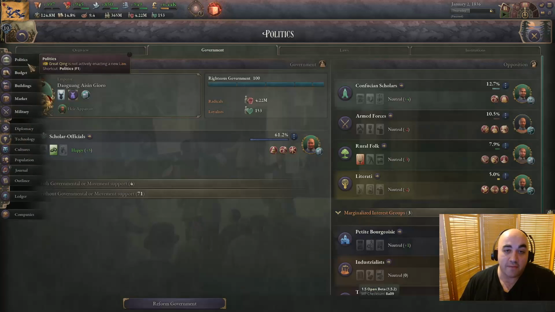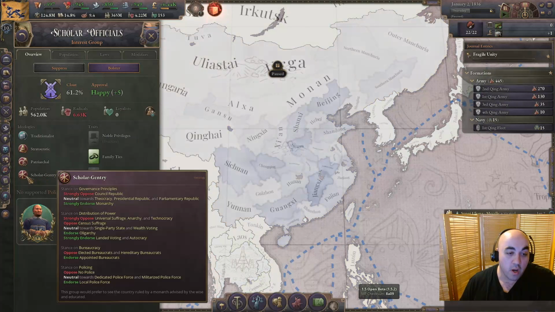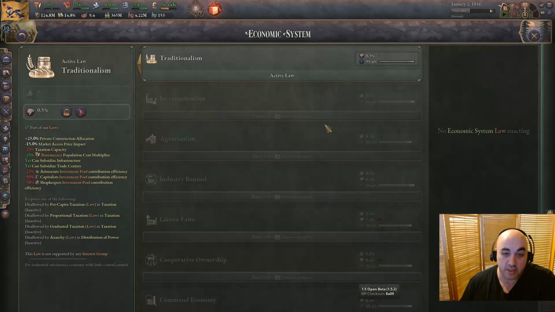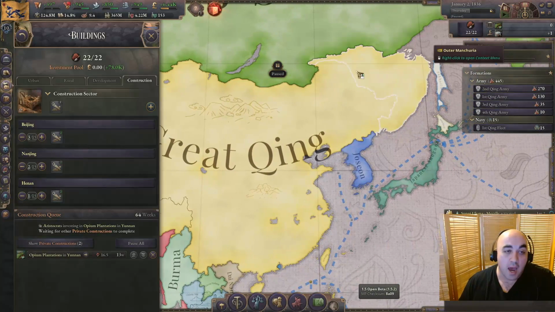But what they do have is their unique interest group, the scholar officials, in terms of what they approve of. They're more okay with you going for, what is it? Not aristocracy. They're more okay with you swapping off of traditionalism and going agrarianism. So I think the opening step is go agrarianism with Qing, which actually feels pretty good, having experimented with it a little bit,